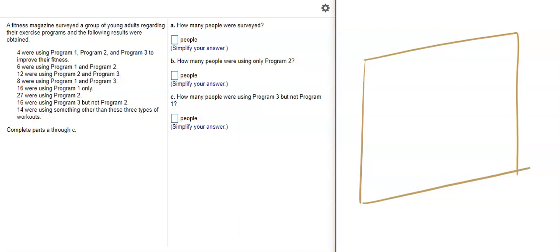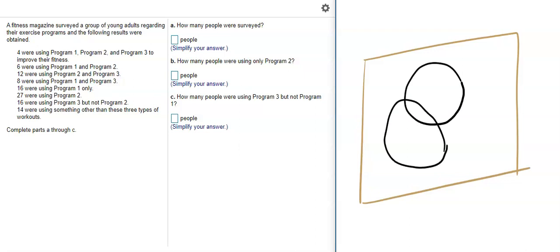So some of these young adults, there were 4 people who were using program 1, 2, and 3. And people are basically using these different mixtures of either using program 3, maybe not program 2, or whatever the case may be. And so we want to draw these sets. But here the way that the sets will end up working out, we don't want male, female, all of that kind of stuff. Here we're distinguishing based on program 1, program 2, and program 3. And so the people in the middle over here, for example, in this region, are using program 1, 2, and